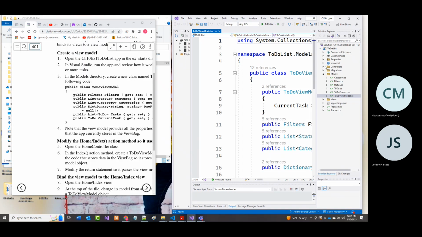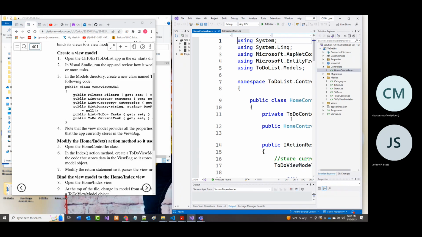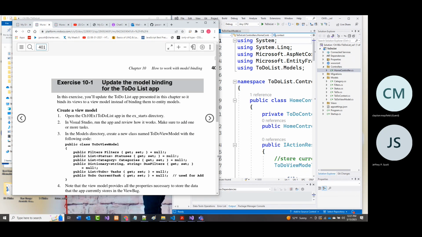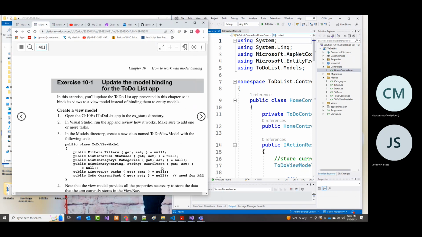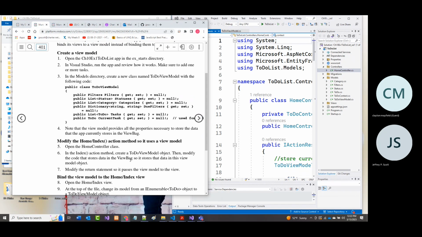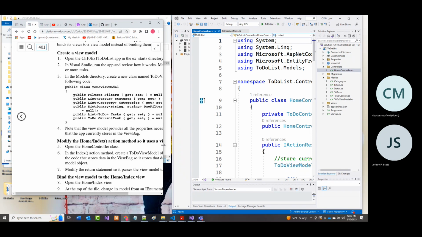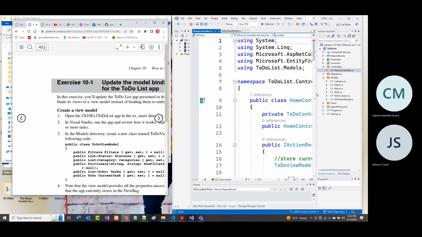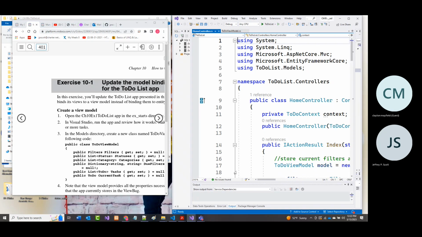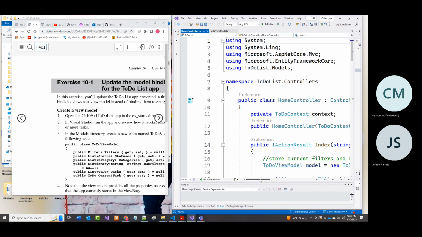So then open the home controller class. All right, so there that is. It says in the index method, create a to-do model object. Then, as it says, after you do that, modify the code that stores the ViewBag so it now stores the new view model stuff. Again, as I already mentioned, this was my hope, that this would replace it, and that's what we would be doing on the test. Some apps, it works well to do that. Other ones, it does not. I had problems with it.